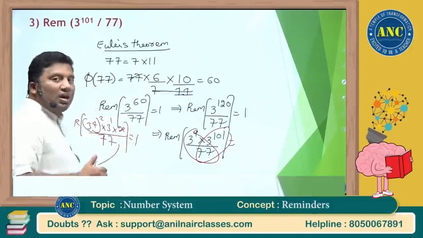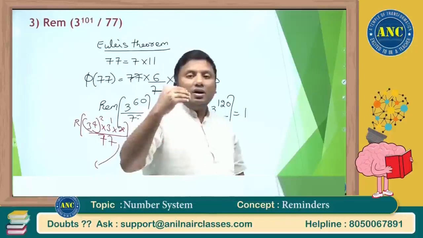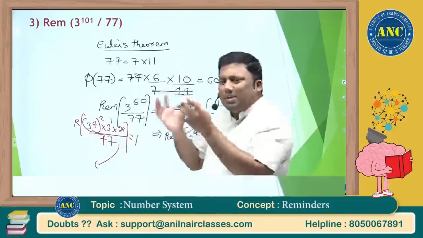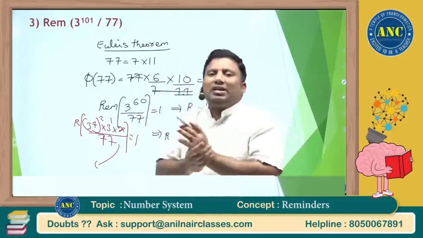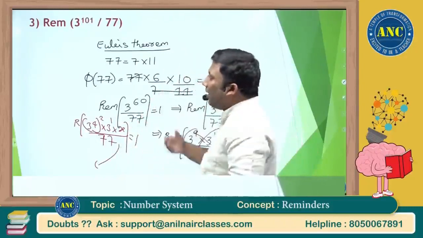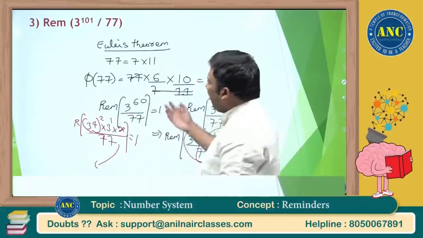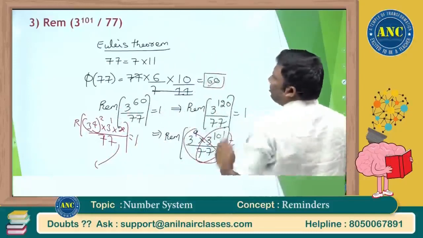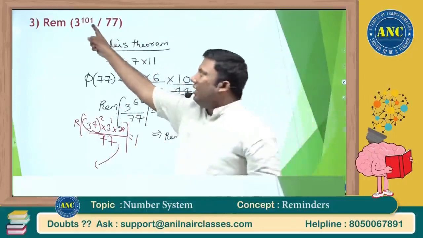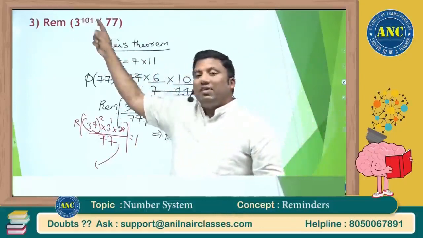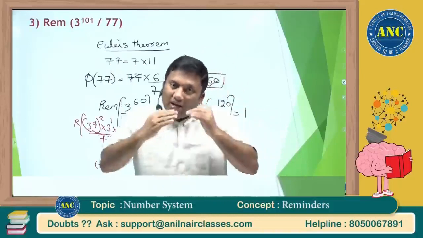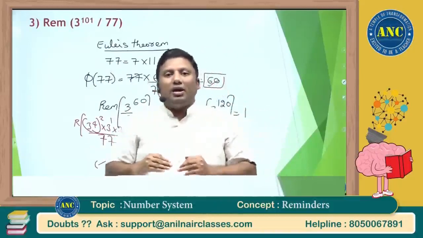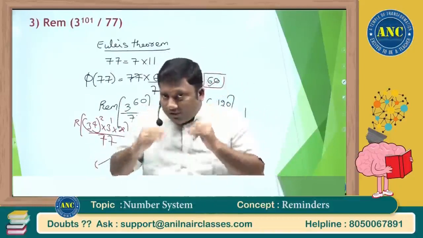All these steps will take a little more time than usual. In the previous problems, it was a very simple equation. Just by looking at the equation, we got the answer. But for some numbers, the totient function of the denominator is 60. What is the multiple of 60? 120. What is given in the question? 101. Is 101 close to the totient function of the denominator or its multiples? Definitely not.